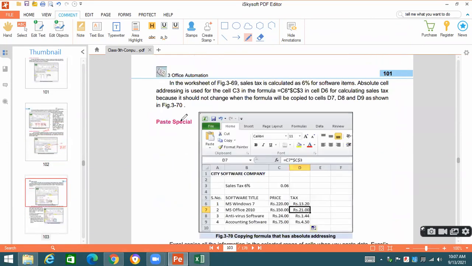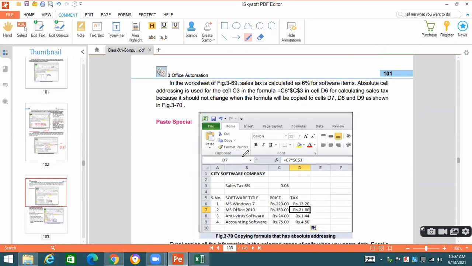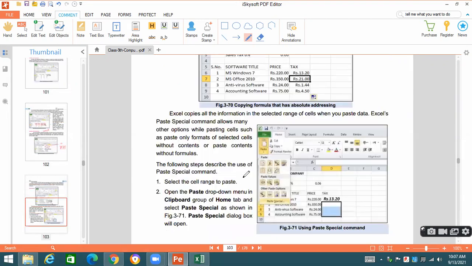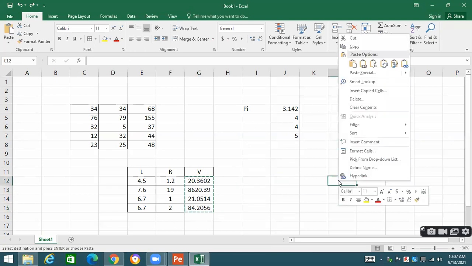Those are clear now. Special, paste special. Paste special is basically the pasting of the data when we are interested to paste the formula. Okay, in that situation, paste special will be used. You can take the example given over here. Whenever you are pasting the data, okay, let's suppose I copy this data. I press Ctrl C and I right click over here and I go to this option, paste special.